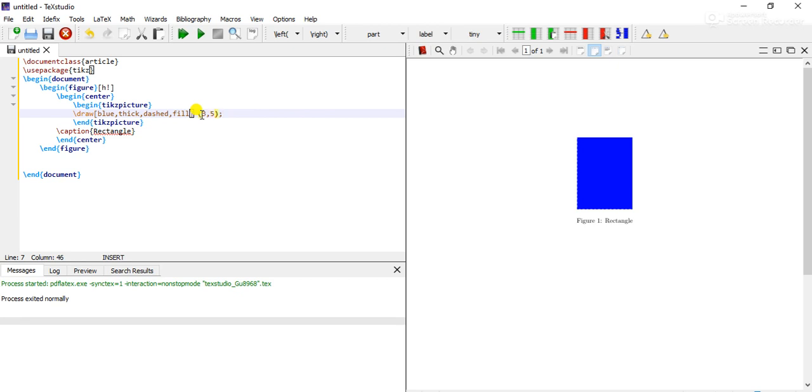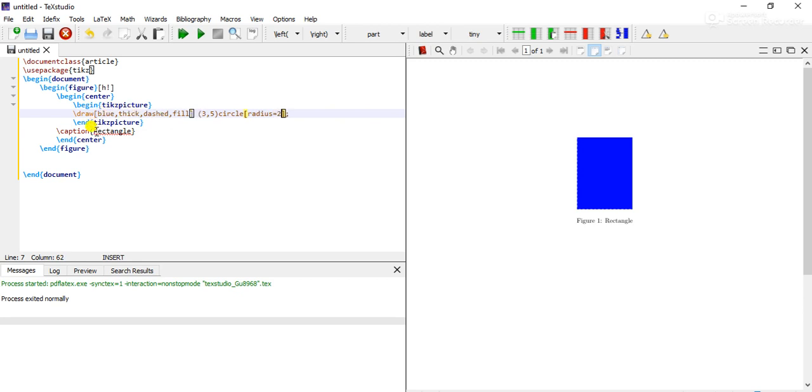Let me have the circle with center as 3 comma 5, and I'm going to draw the circle with radius equal to 2 centimeters.